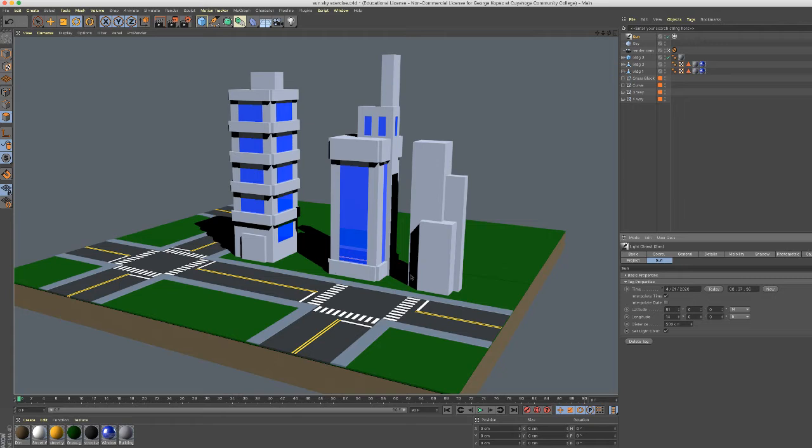And now you can see the angle of the shadows is different. And the position of the shadows I like because it's adding some definition to the objects, casting a shadow on the building here. But you can see the shadows are very, very unrealistic, very dense, very sharp edged. So with the sun object still